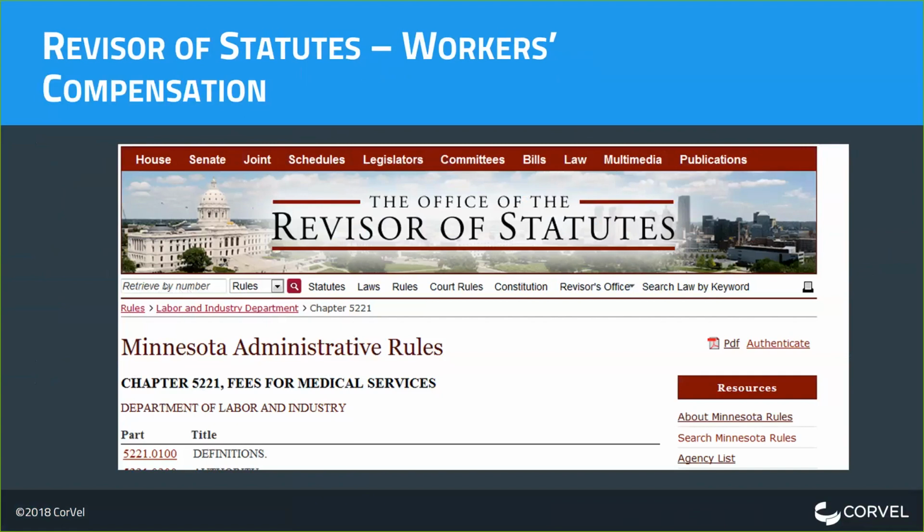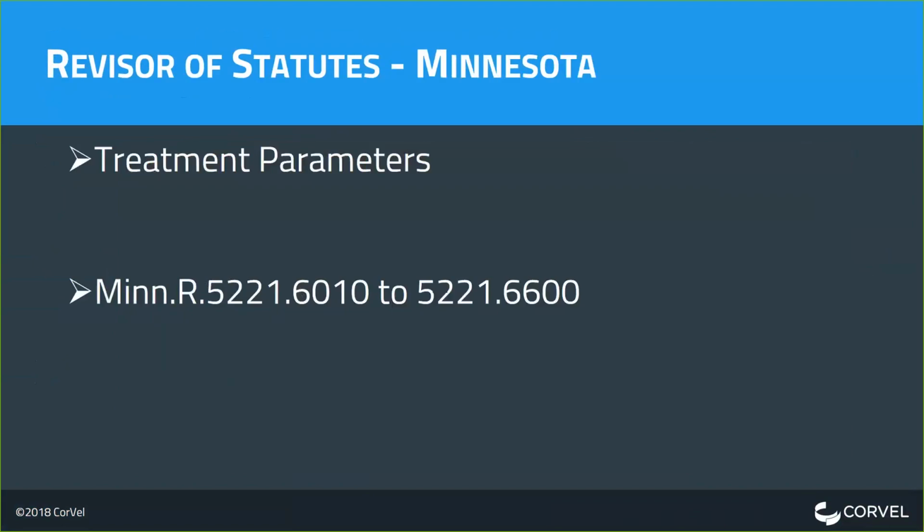You can enter in any other type of number that you need to search for, and the drop down here will give you a choice between statutes, rules, laws, etc. If you're pulling up a statute and you still have rules listed in there, the search will not be successful. So the treatment parameters, as I said, are embedded in the fee schedule, and they're included in